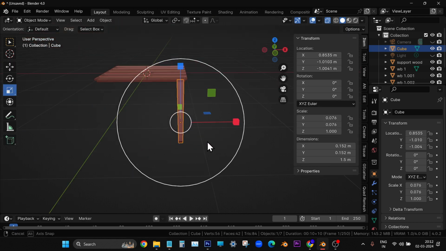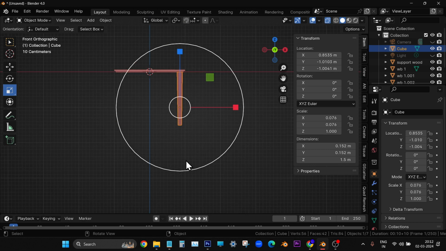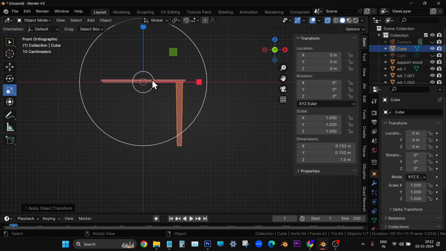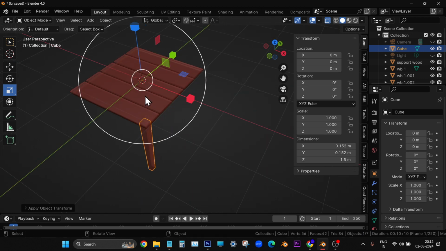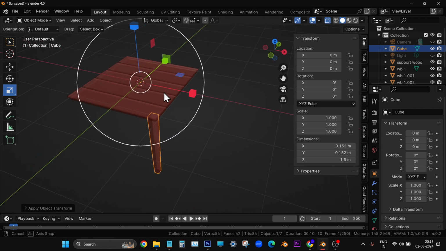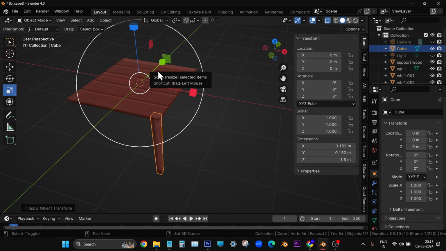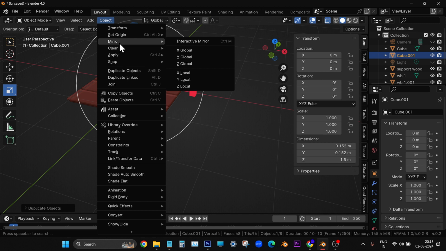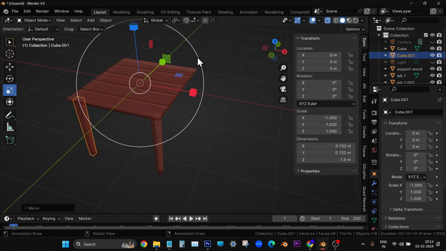Okay, fine, done. Now go to front view and then now we have to duplicate it. For that we have an option, press Ctrl A, all transforms. Now the pivot has gone back to the origin, world origin. Now we can press Shift D and duplicate, escape and then go to object menu, mirror X global, so that